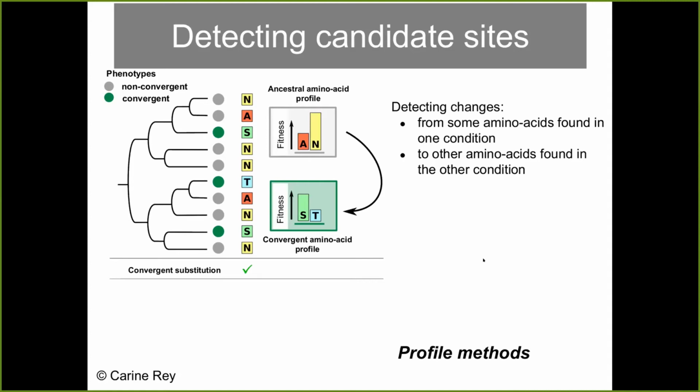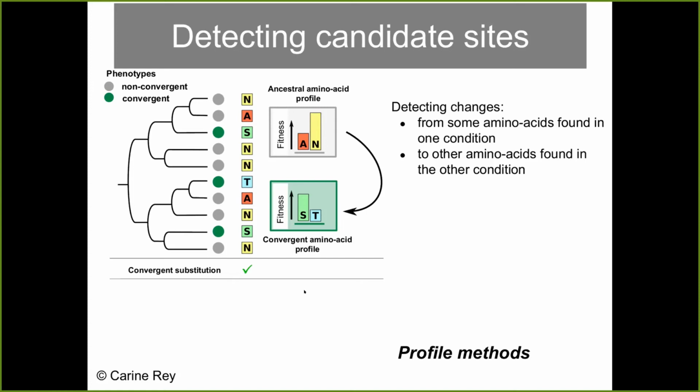So Rui is asking if the amino acid profiles need to be really different, so exclusive. Could we find an S there? And the answer is no, the amino acid profiles do not need to be mutually exclusive. You can imagine that you can still find some S there, but with a much lower fitness, and here with a much higher fitness. That could still be evidence that something interesting functionally is happening because there's a big difference in fitness between the non-convergent species and the convergent species.